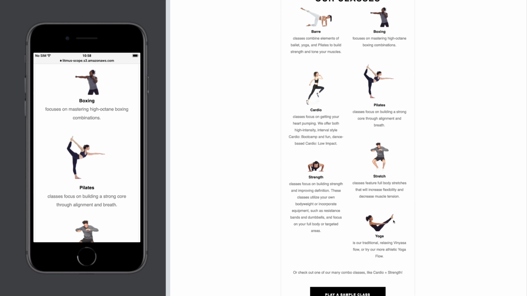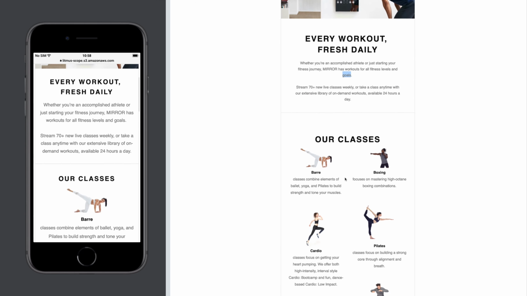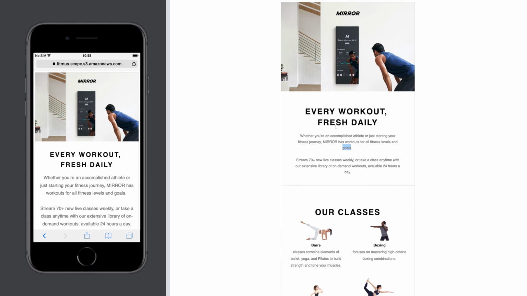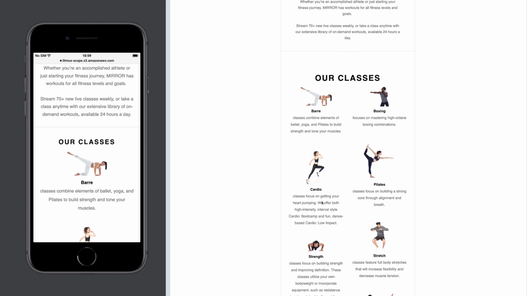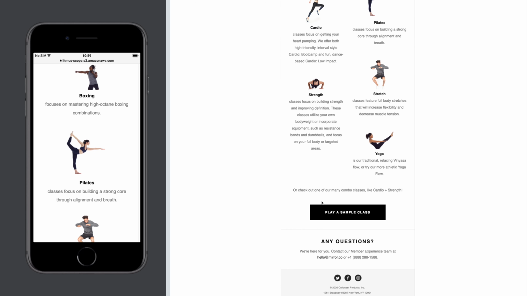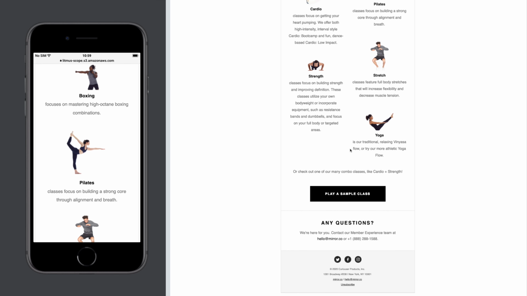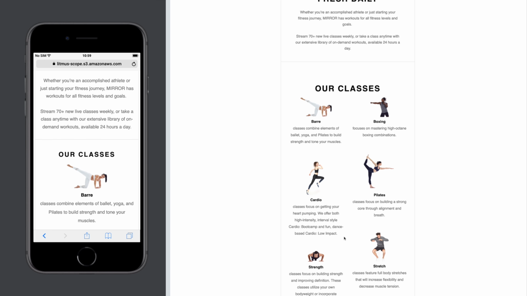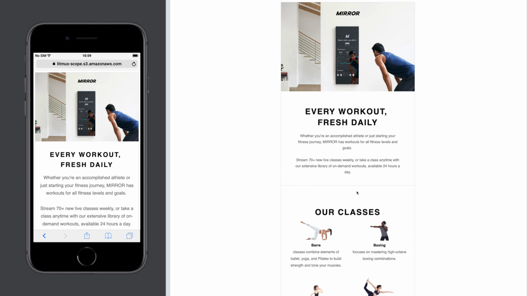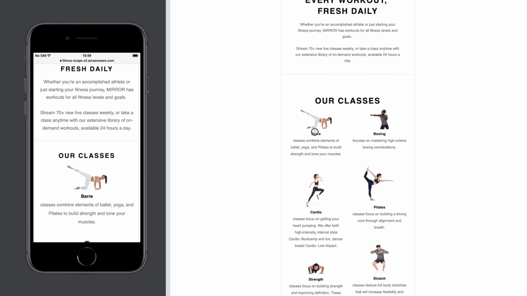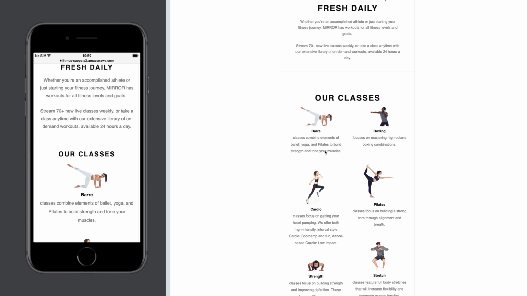Small things that can be changed, but look how refined and simple these emails are, and they get the job done, right? They call out right up top exactly what's about to happen. You get the idea of what Mirror is. They show you the classes that are available, so I know what's available in the app, and then I can play a sample class, or I can dig in with more questions. From a strategy point of view, I think they're hitting all the boxes. One thing I would probably do is put a CTA up top, or test adding it a little higher. Or if I want to see a bar class, give me a CTA there to see more about what that looks like.